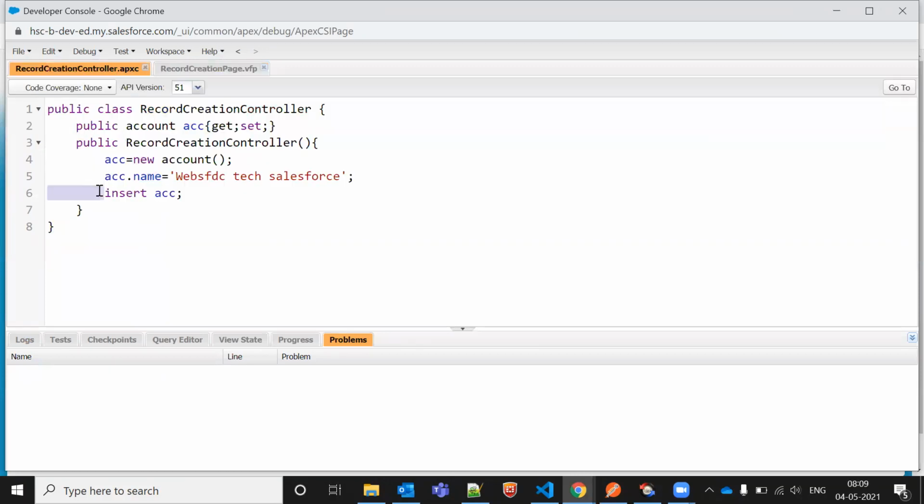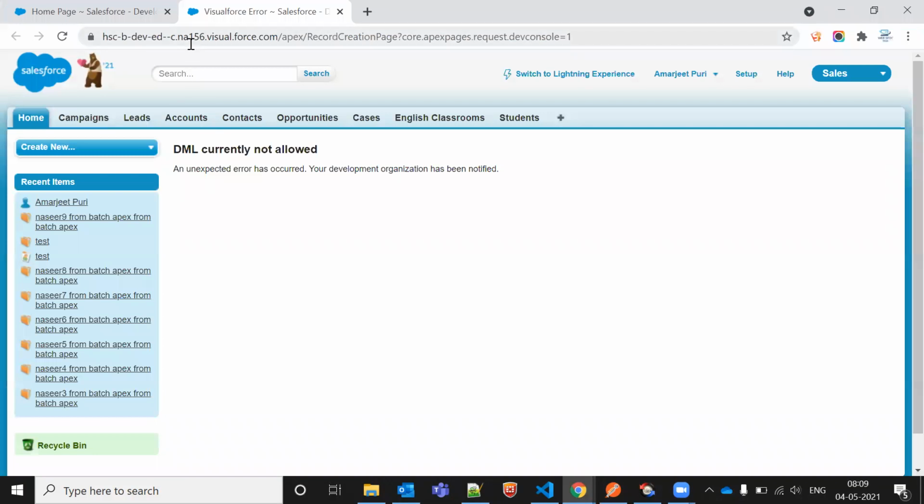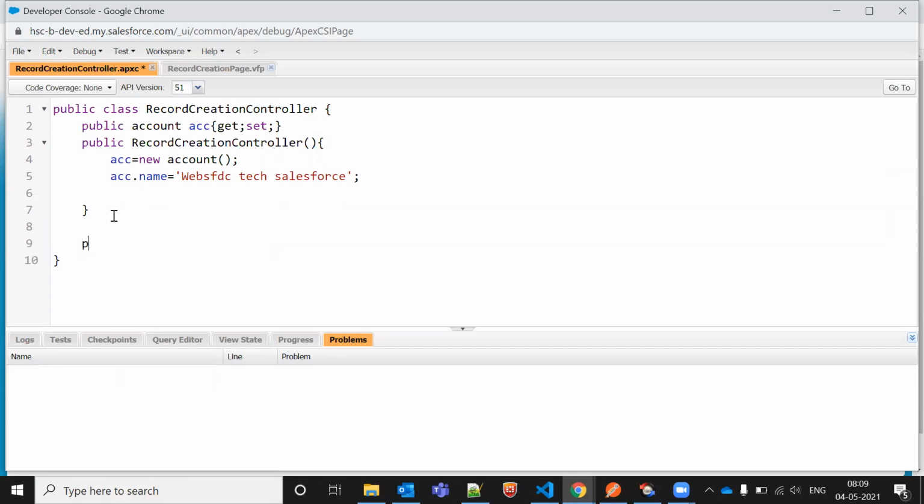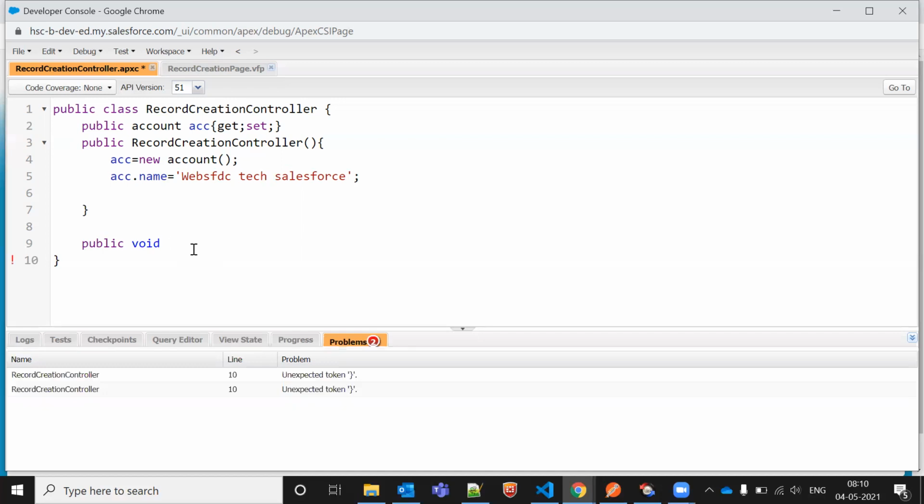But to overcome this issue, the client requirement is that once the page is loaded, automatically my record should be inserted. So what is the workaround for that? We can think of one way. That is also not possible, but maybe tomorrow something will come to your mind. Make sure you are not wasting your time. Let me tell you where you can spend your time and where you can save your time.